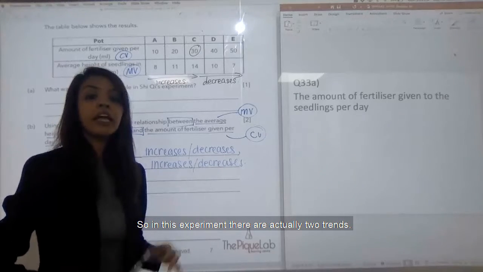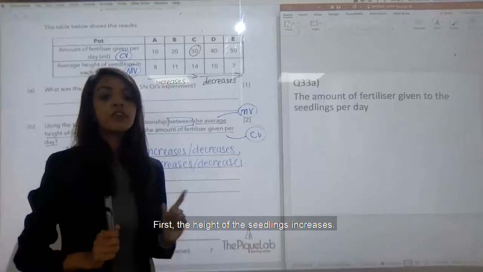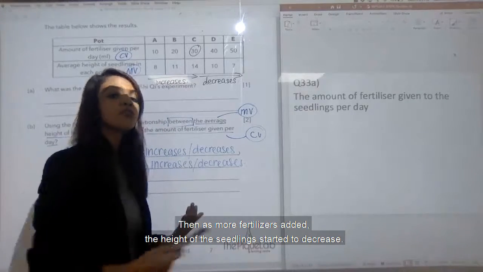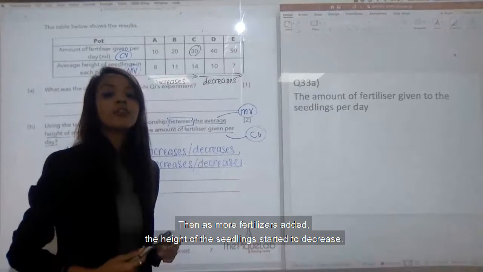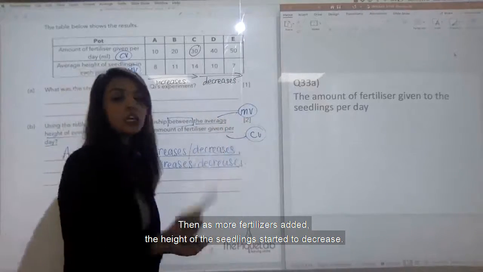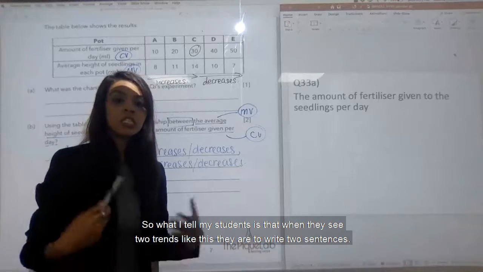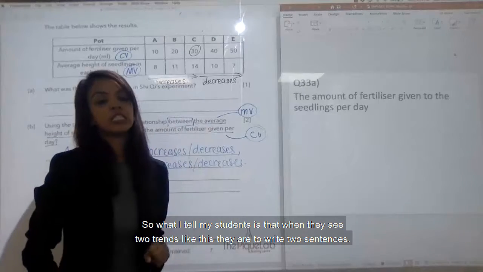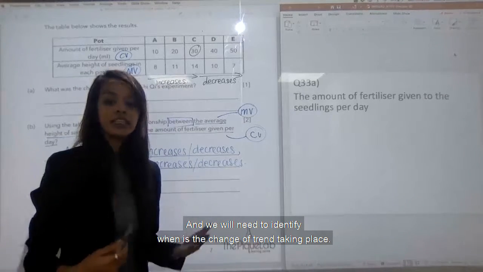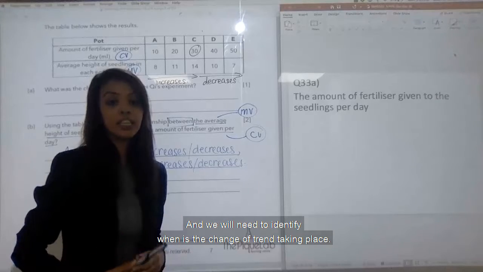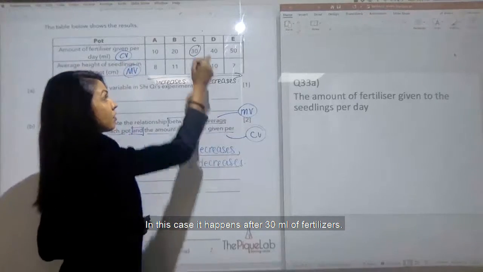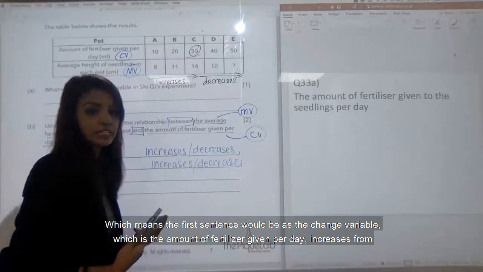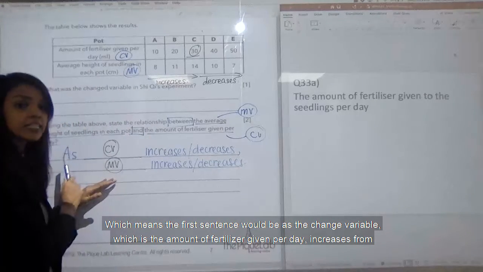So in this experiment, there are actually two trends. First, the height of the seedlings increased. Then, as more fertilizers are added, the height of the seedlings started to decrease. So what I tell my students is that when they see two trends like this, they are to write two sentences. And we would need to identify when is the change of trend taking place. In this case, it happens after 30 ml of fertilizers,